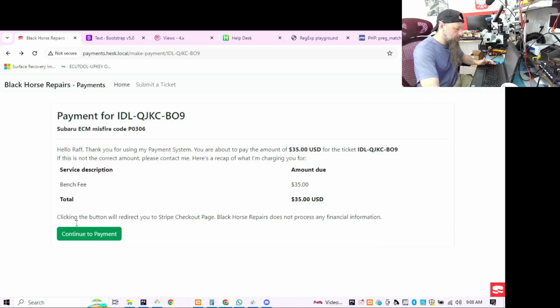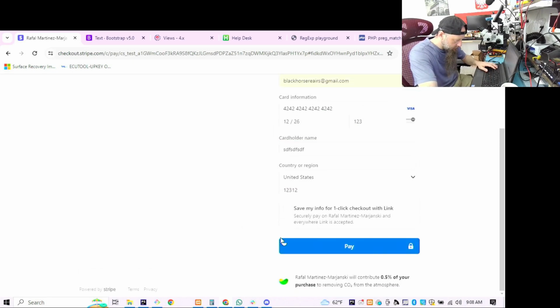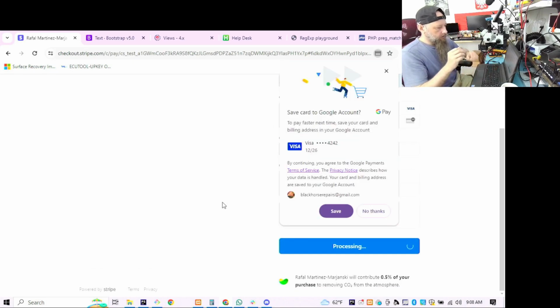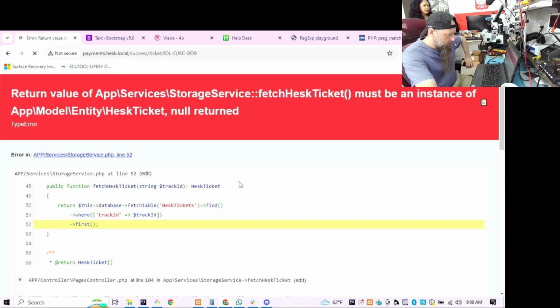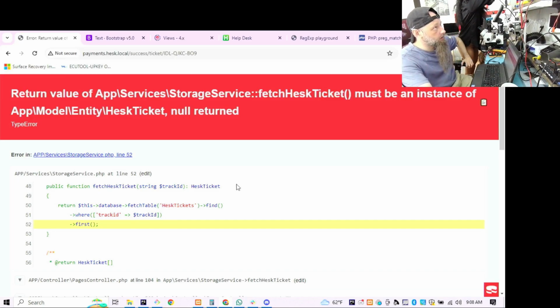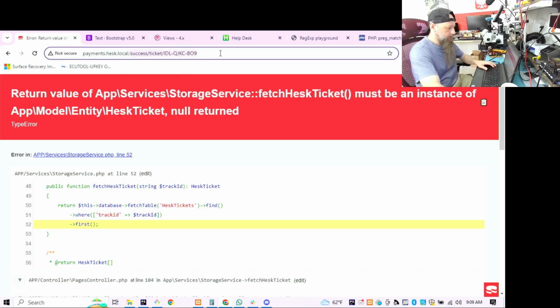We don't need to refresh here, because this takes us to the process payment action, which generates checkout session and does all that. So again, card, sure, don't save my info, and pay. No, I don't need to store Visa. And we do have payment success. We're redirected to payment success for the ticket, and the same issue. This is new ticket and not old ticket. So let's go to